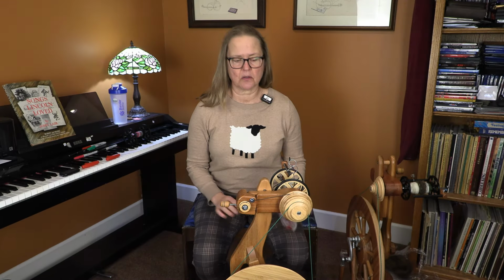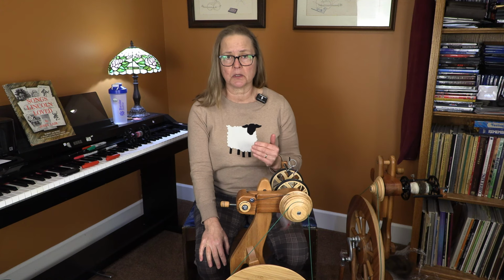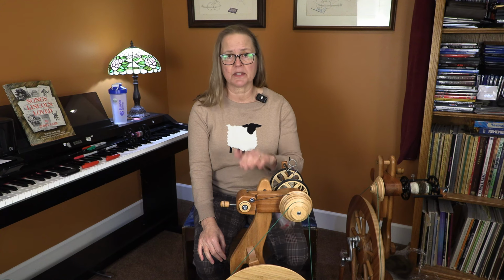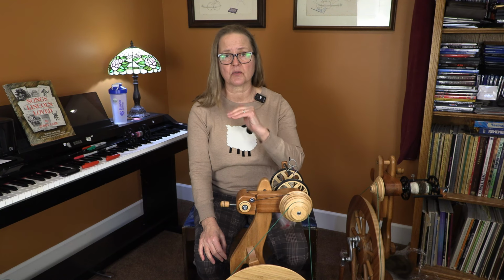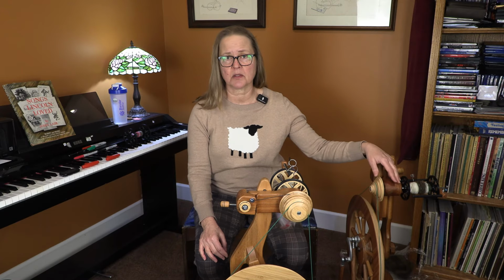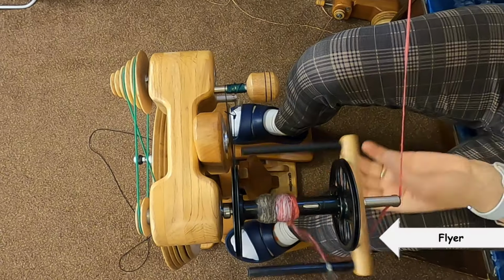So the question is, what is the high-speed head for? What the high-speed head achieves that you can't get with the standard head is just extremely high ratios. I think the Rose it's calculated to get up to 30 to 1. And what that means is